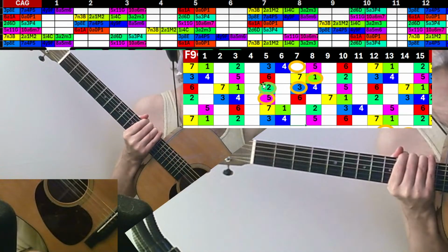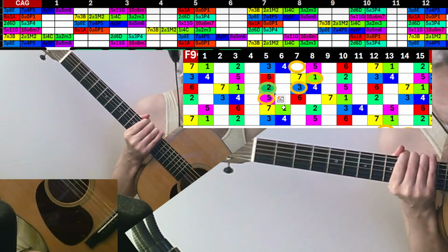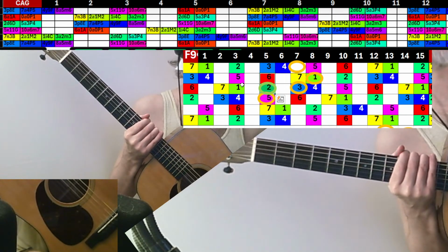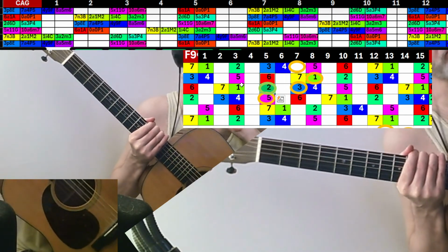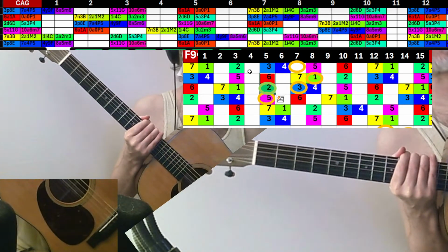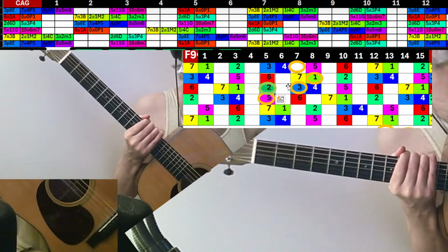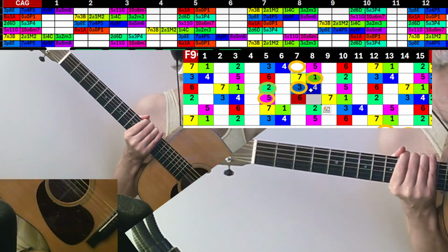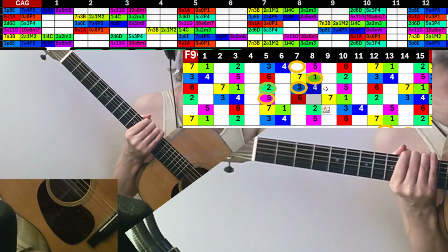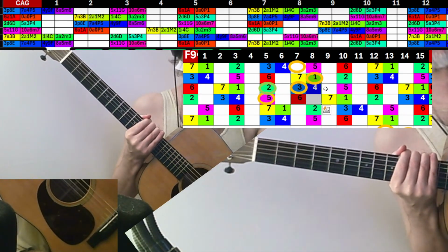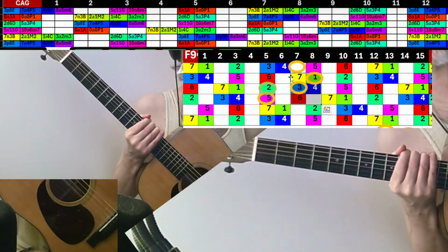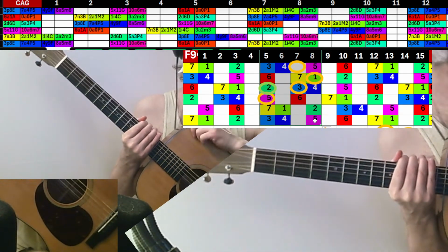If that's the Dorian, I should be able to say this is the Aeolian double stop shape or something like that. But the box is to the right of that, right? The box is to the right of the Aeolian double stop. So if the box is over here and I'm leaning into the box, so the box is on strings 2 and 3 from the ceiling and I'm leaning into it, that's going to be then position number